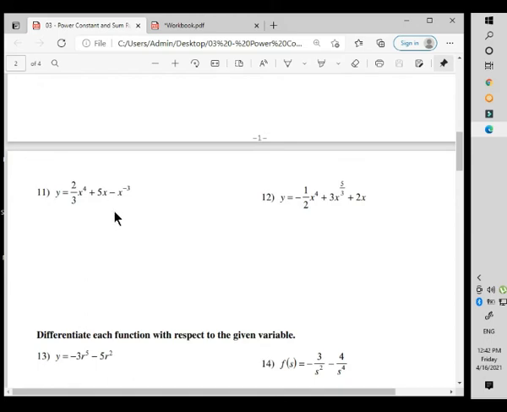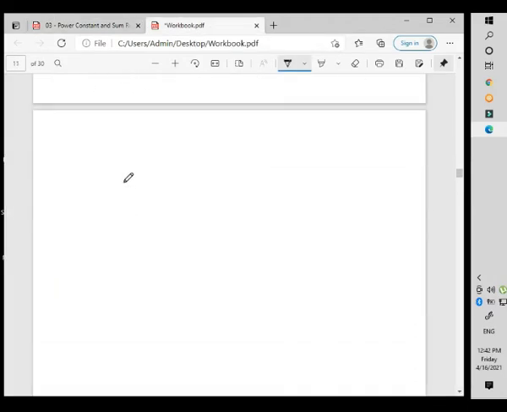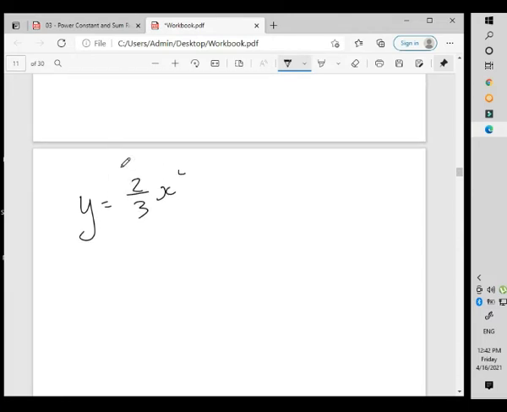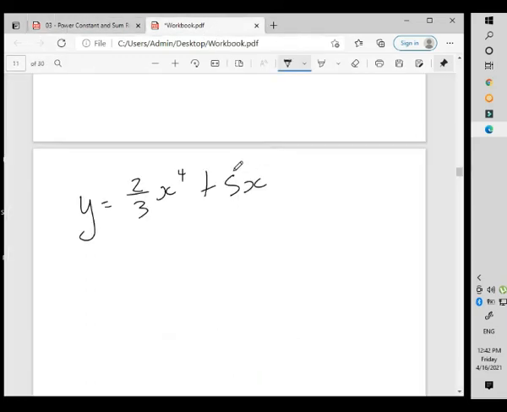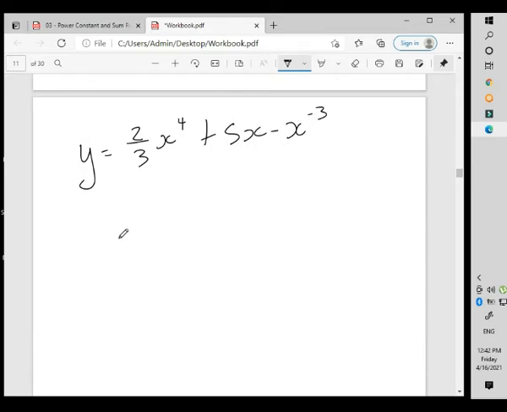Alright, so I believe now it's number 11. This is the lengthy one again. Let's see here. y is equal to 2/3 x to the 4th plus 5x minus x to the minus 3. Alright, so this is going to be a lot of writing. So this is equal to 4